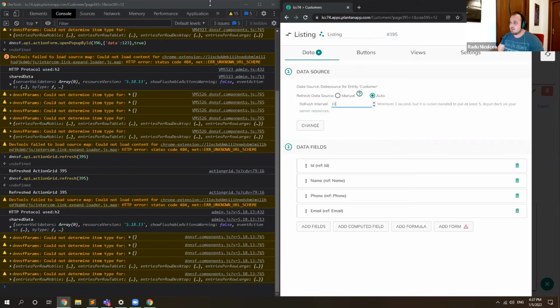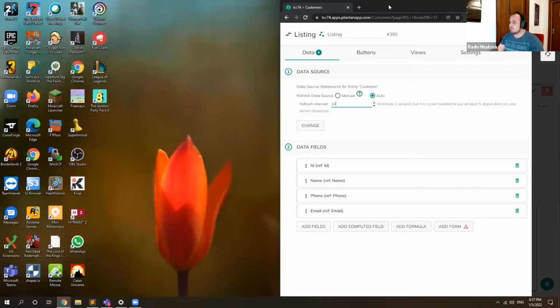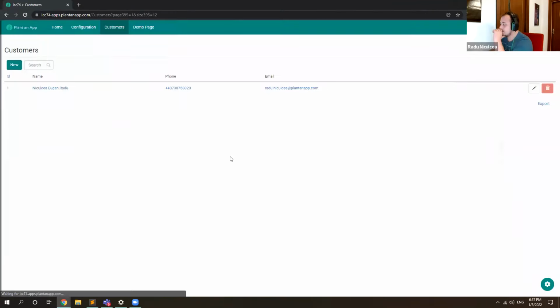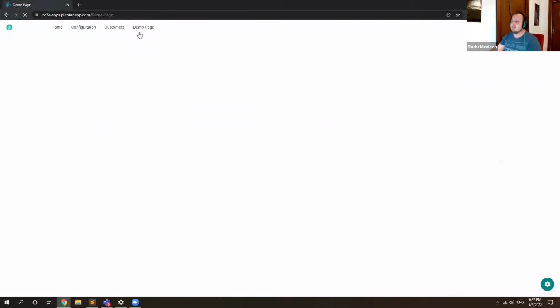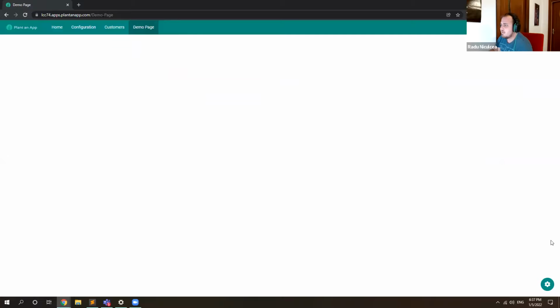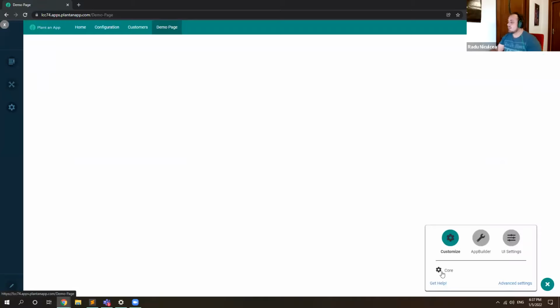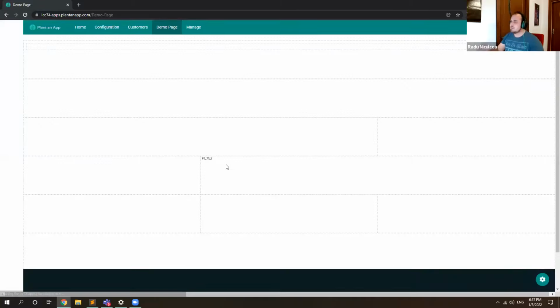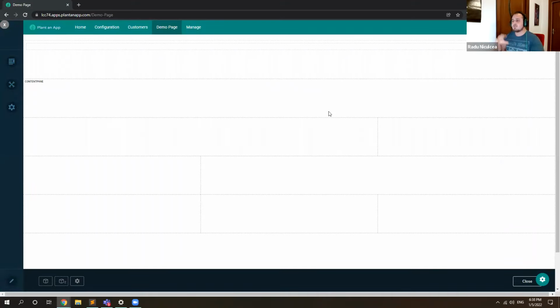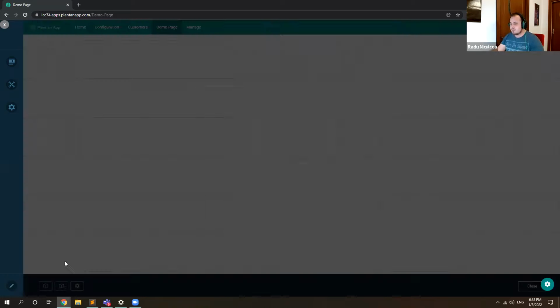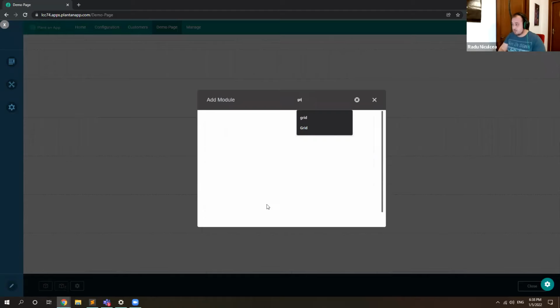I'm going to close the browser console for the moment, and I'm going to go back to where we are right now. So I just created a new page which I call demo page, and on it I have an action form which I called core. It's going to be like the big brains of that page. It's going to control the refresh rate of the grid and everything like that, with some JavaScript that's going to live in that form. So let me also add a listing module,